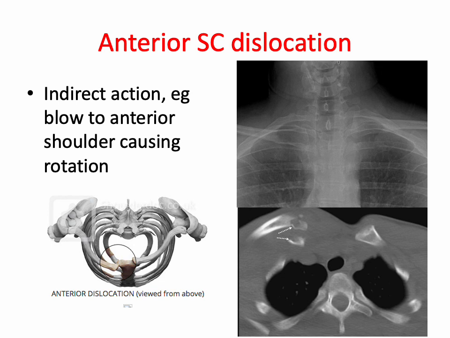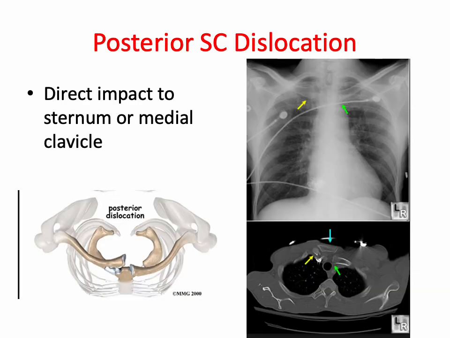This is usually through an indirect action, like a blow to the shoulder, and can cause a palpable deformity, as opposed to a posterior dislocation, which may not be evident clinically but, like I said, can be associated with severe